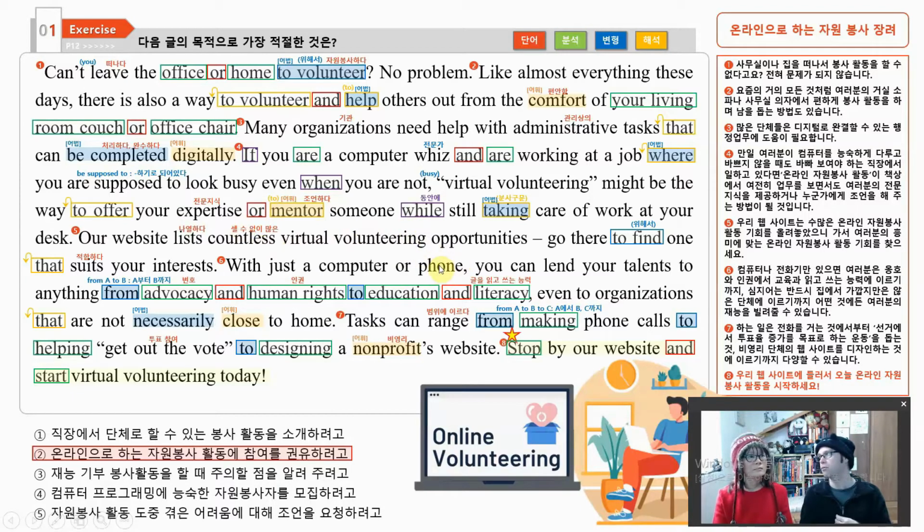You don't need to be a computer whiz to use a phone. That's right. And mentoring can be for many different abilities. So number 4 is a good answer, but it's not the best answer because it is more than just people who are computer whizzes. Yeah, and also you can find any volunteering that suits your interest, right?